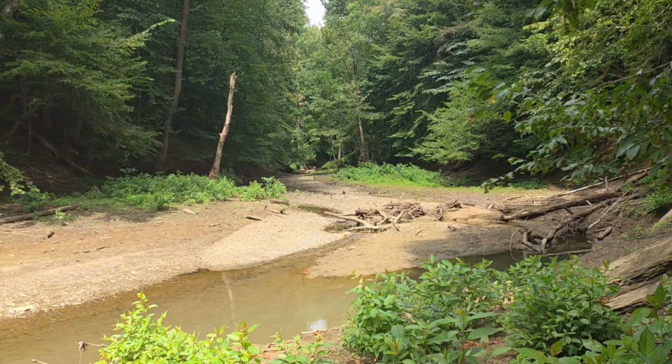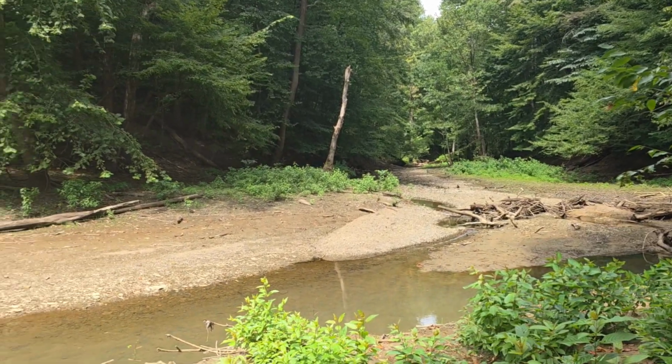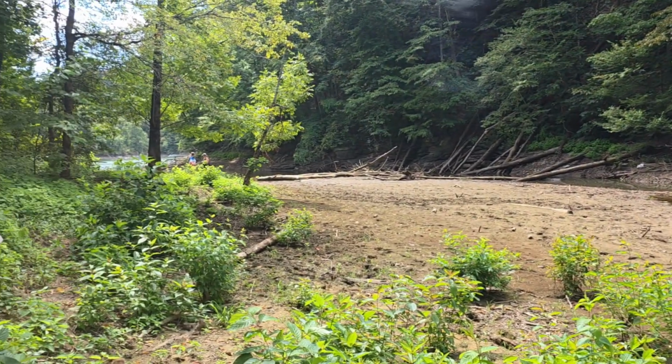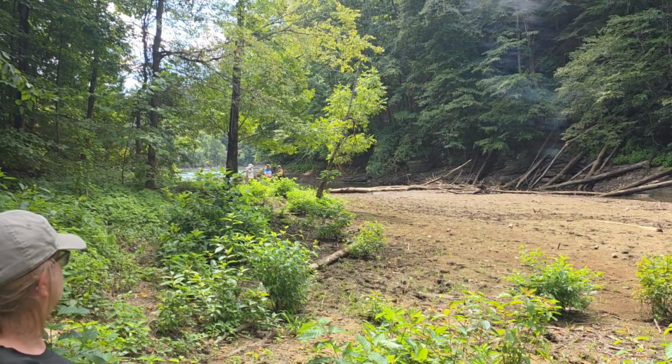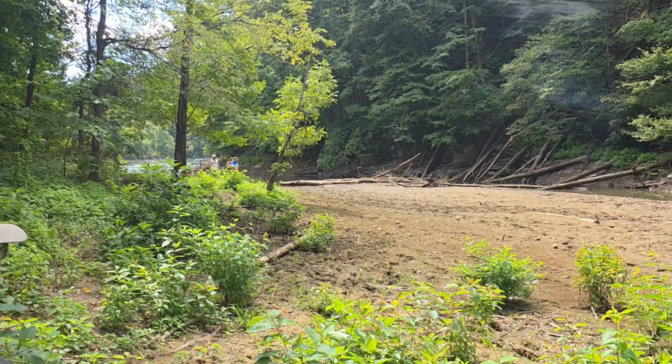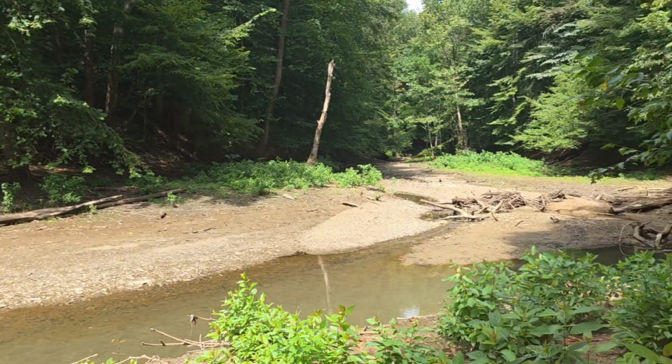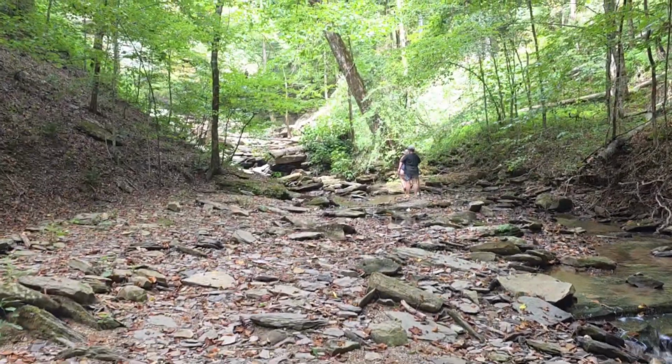So we spent a lot of the time doing some swimming and some hiking. In this case, if you go that direction, there's a huge waterfall, and if you go back that direction, you can see the lake over there. So we just spend a lot of time walking around. The wife likes to look for cool rocks and things that she can maybe make jewelry out of. And we like to take a hike